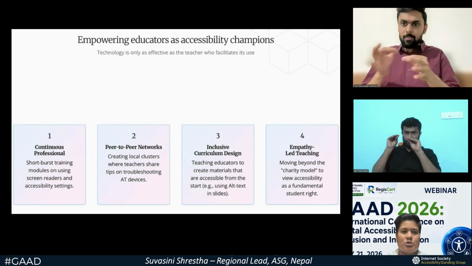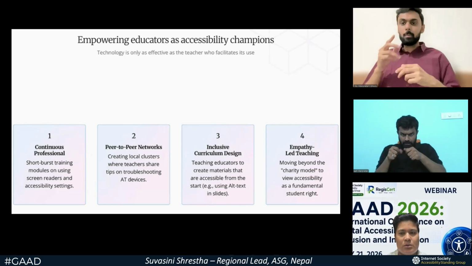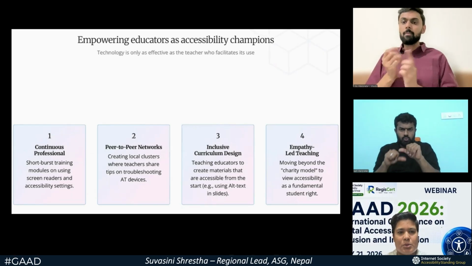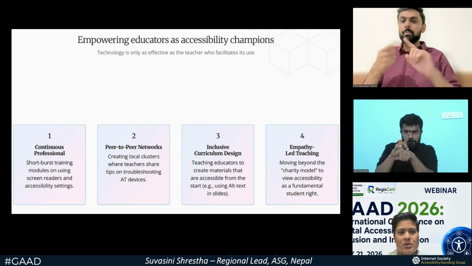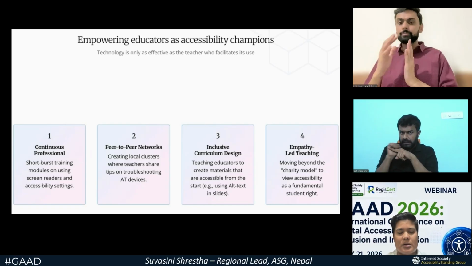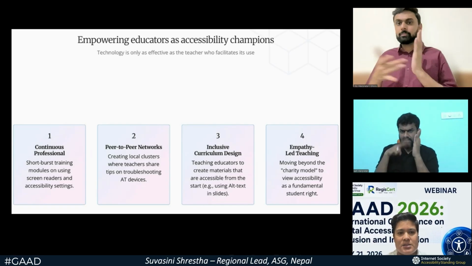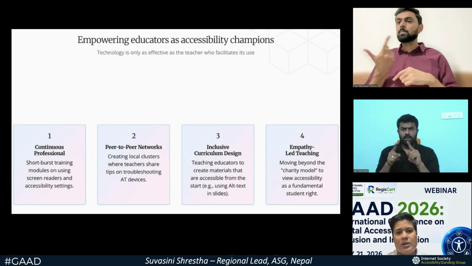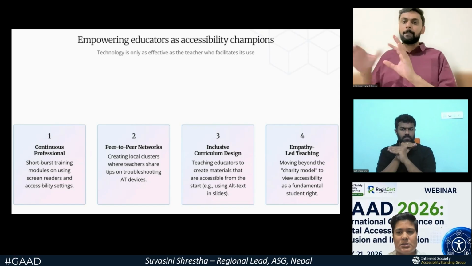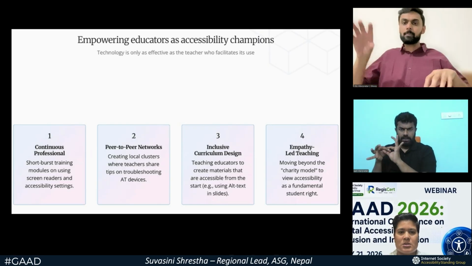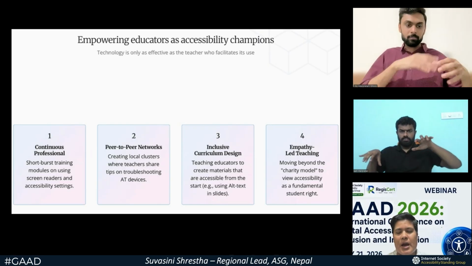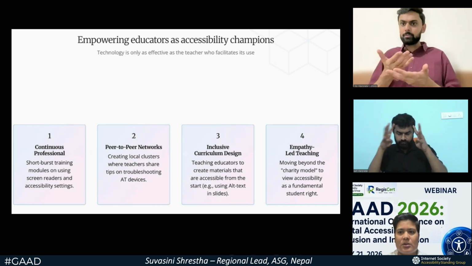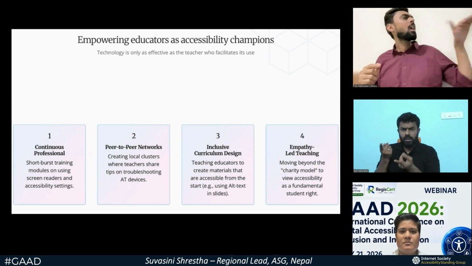So there should be continuous professional training modules on using screen readers and other assistive technology devices. And also we can use peer-to-peer networks, on local clusters where teachers can share their ideas and tips for troubleshooting the assistive technology devices.